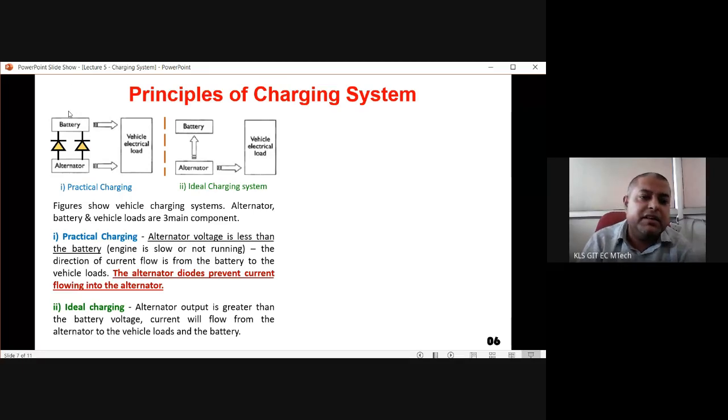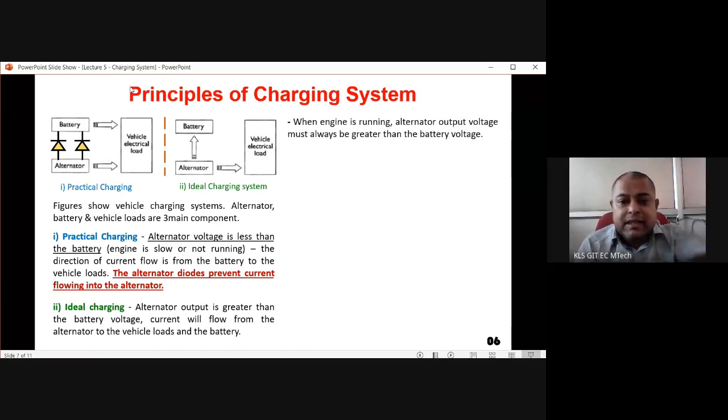What happens is the alternator and battery together try to satisfy the vehicle load. So in this case, from the alternator also current is coming to the vehicle, and from the battery also the supply is coming to the vehicle. In the ideal charging, no supply is taken from the battery, so the battery is fully charged. The battery is always fully charged. The battery is required only in case of ignition, in the ideal case, and after ignition, all the loads are supplied by the alternator. Okay, this is the ideal case, but it does not happen like that. Practical case is this one.